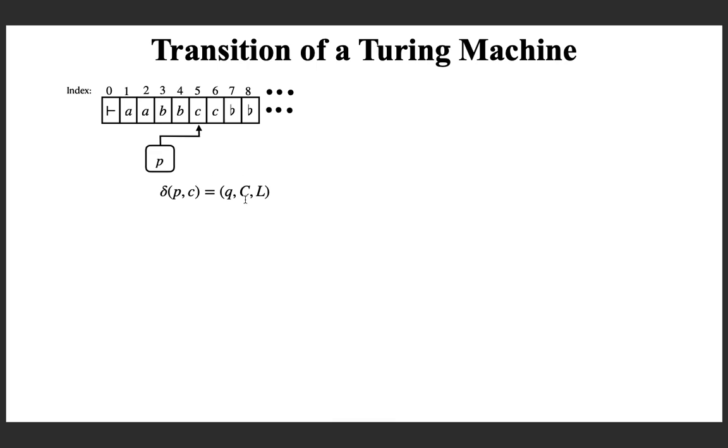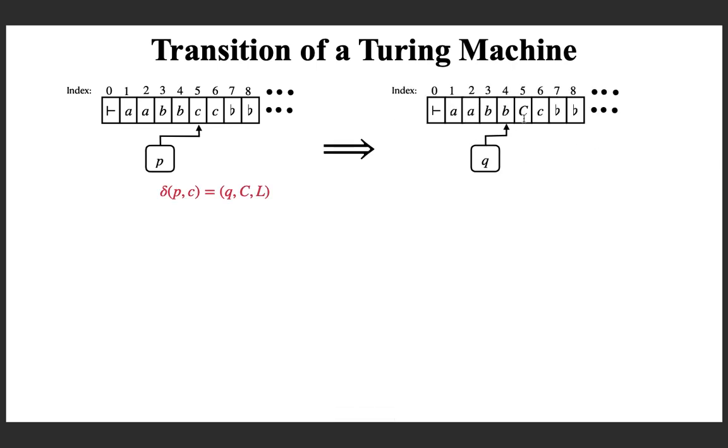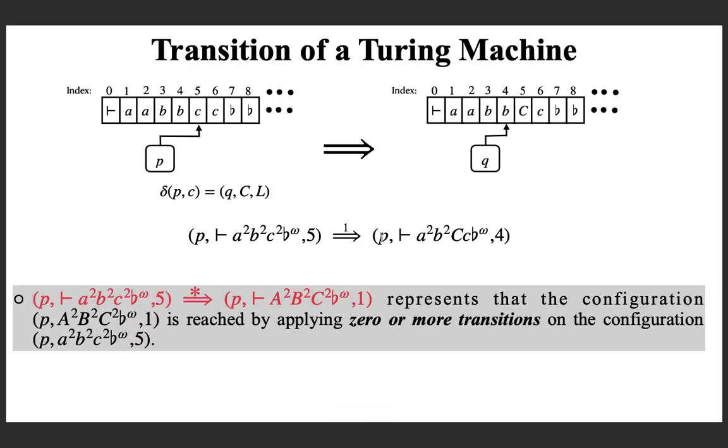Another example, suppose this is a transition which says you change your state to Q, replace small c with the capital C, but you move left, that is the only difference. So if you apply this, this is what is going to happen. The only difference here is that in the resulting configuration, the read write head is pointing to cell number 4 because it is a left move. From 5 you position at 4. So this is the corresponding next configuration. Here again the same typing mistake is there. This must be Q. Sorry for the typing mistake. So this is how I am formally writing it.